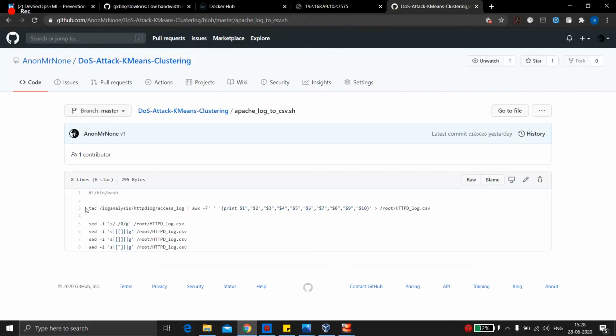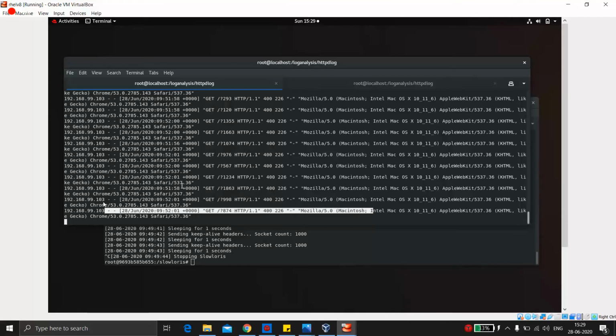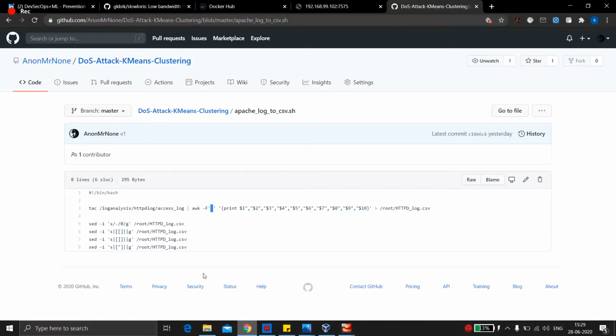So what we are doing is we are taking this file. You can see this is the same directory where we are saving the log file, and we are taking the first 10 columns or first 10 details with a delimiter as space. This is the delimiter. We can set the delimiter here. But what is a delimiter? If you go to the log file, you can see there is a space between each piece of data, right? This is the space, this space, here is the space. So that is the delimiter between each data. So we are setting space as the delimiter, and we are taking the first 10 components of each record.